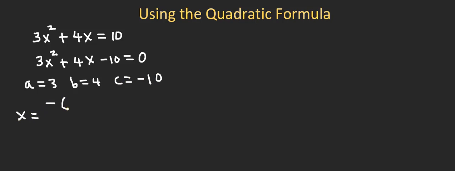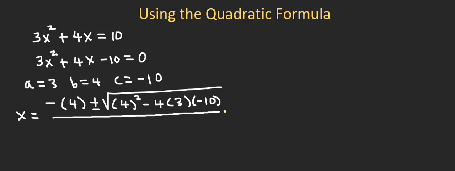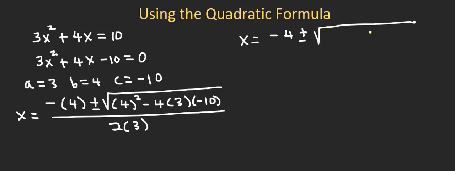So negative b plus or minus the square root of b squared minus 4ac, all over 2a. So let's simplify this. You get negative 4 plus or minus the square root of